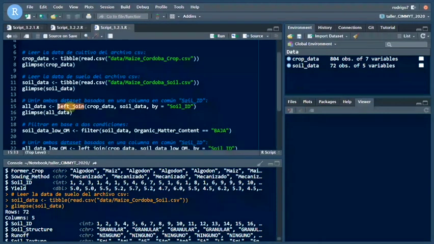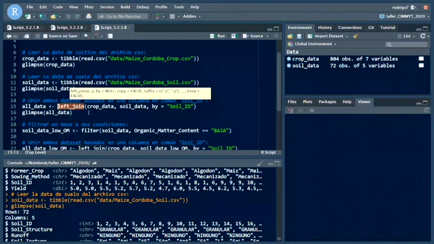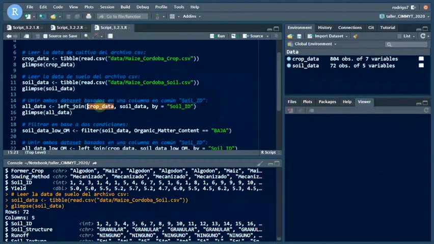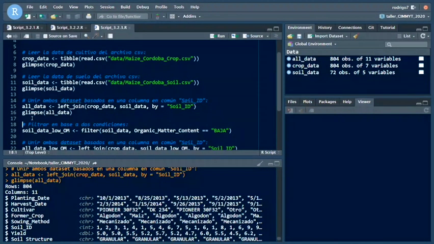The function that we're going to use first is the left join. That would be left_join. First, I have the crop data. This is the reference data that I'm going to keep here, and then I'm going to add the soil data by the soil ID column. When I run this part, it's going to give me this data set, all data,